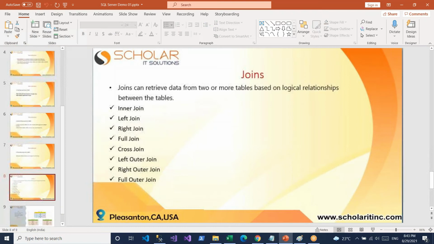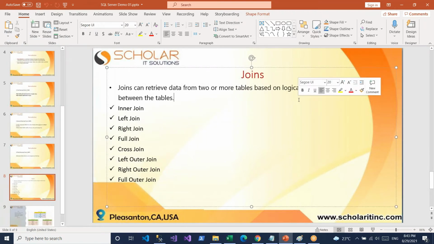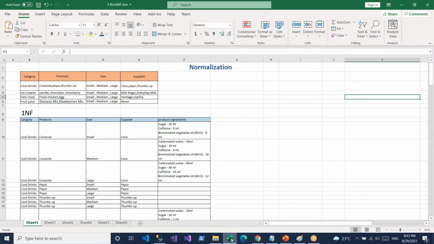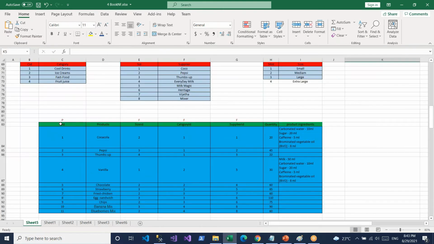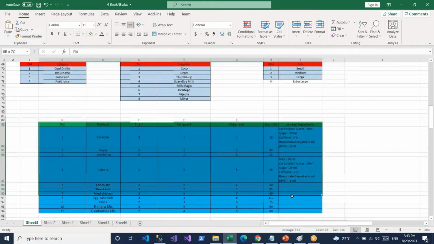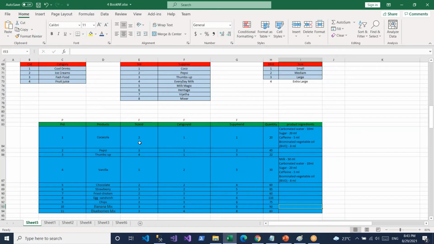Okay, coming to joins. So what will these joins do? Actually we separated these tables, right? So the separated tables' data will not be understood by the user. If we show these 1, 2, 3, 4 tables to a real-time customer, they don't understand how to map these tables.